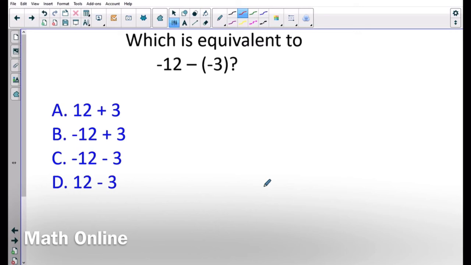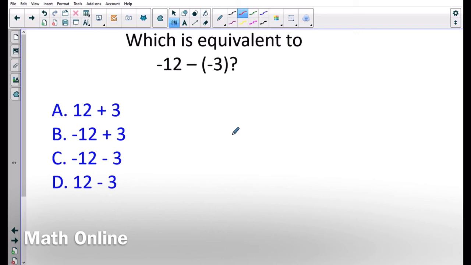So here we go. Which is equivalent to -12 minus a -3. Now, notice this question is not asking you for a specific value or to simplify it. It's just saying, which of these expressions is equivalent, the same as the one that we gave you right here. So, therefore, you just have to keep in mind what the addition rule tells you and the special